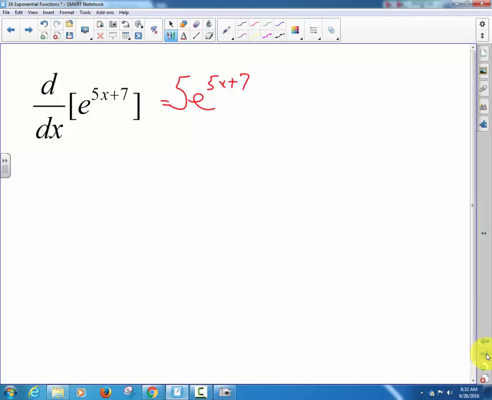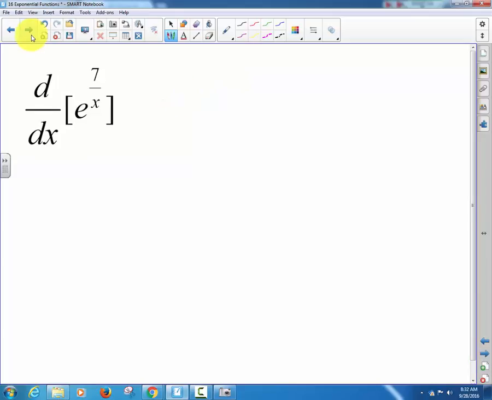And we can do all the fun things that we've been doing with derivatives all along. We can find out where it has horizontal tangent lines, vertical tangent lines, equal to something, all those fun things. So let's look at a couple of other examples, and then you're going to be free to go. E to the 7 over x power. It's the same thing. E to the 7 over x